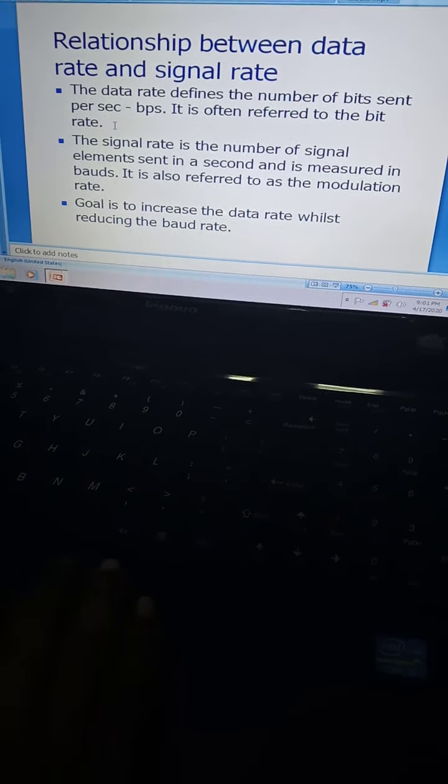Next, data rate and baud rate. Baud rate is also called signal rate, which can be expressed as S equal to c into N into 1 by r bauds, where N is the data rate, c is the case factor, that is worst, best and average, and r is the ratio between data element and signal element. So this is the calculation of the number of signals we are transmitting. Signal rate can be calculated as c into N into 1 by r.